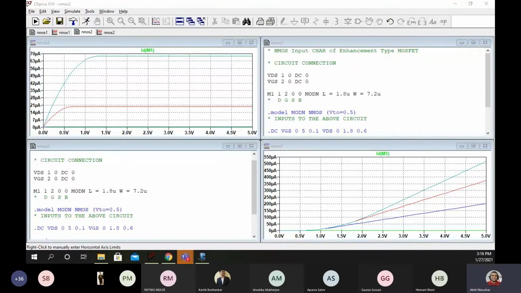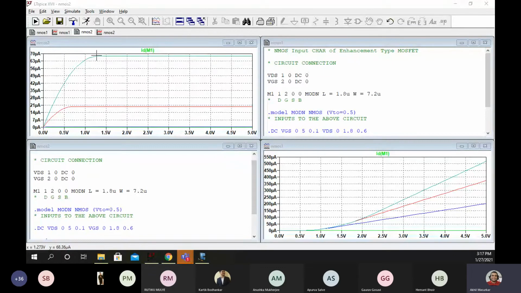Okay, Yash, your output is very good. Sir, for the output characteristics, the green is 1.8 or 1.2 VGS?